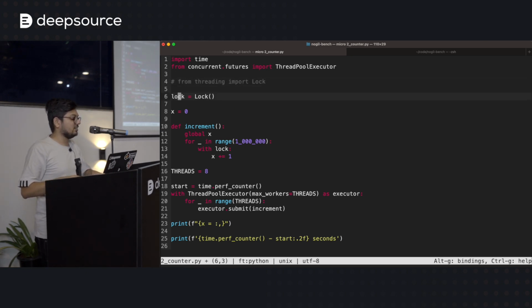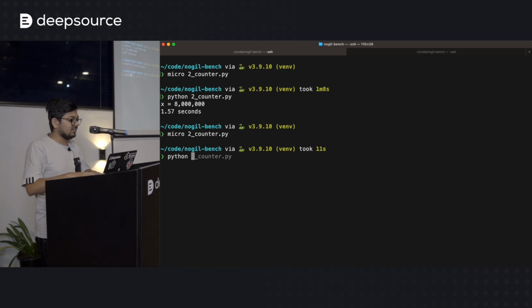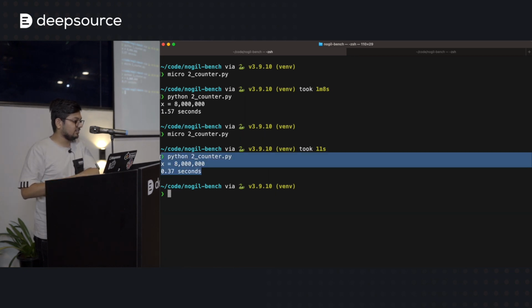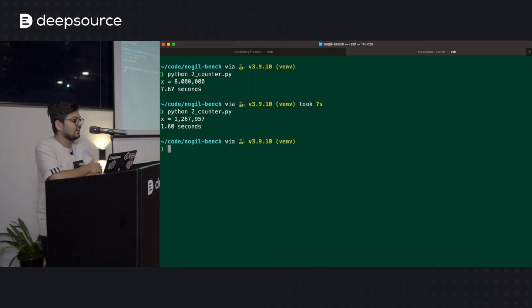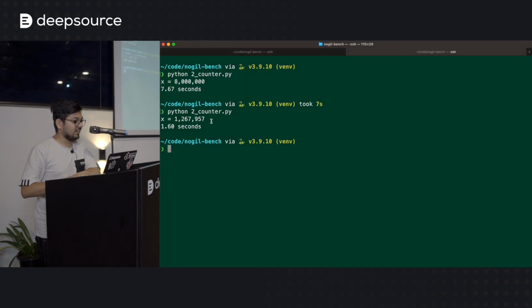Let's actually go ahead and comment out the lock part, and let's see what that does to the Python without the GIL. Wow, it got way faster, it ran in 0.37 seconds, and with the GIL, it's 1.6 seconds. So without the GIL, hey, that is much faster. But hey, the answer is all messed up.